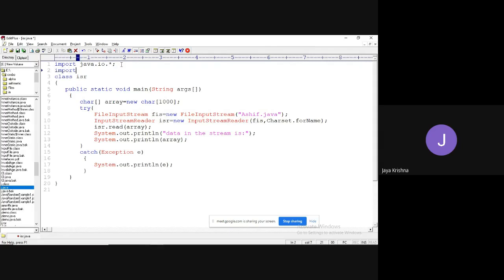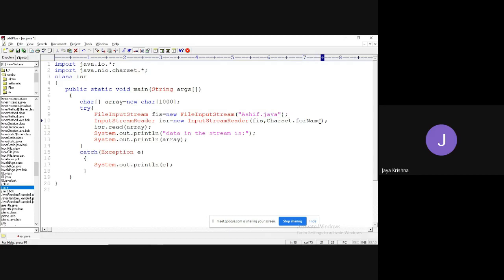So how are we going to import this class? With the help of the package java.nio.charset.Charset. Or else I can simply write star. So in this particular package, I am going to use the class Charset.